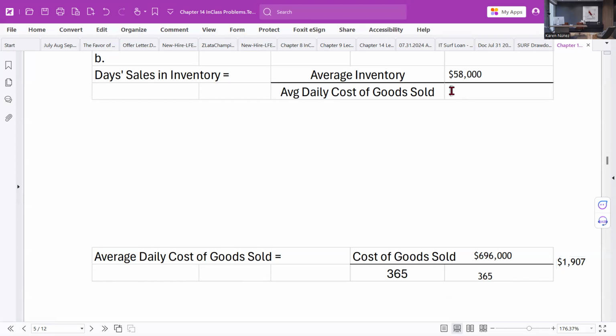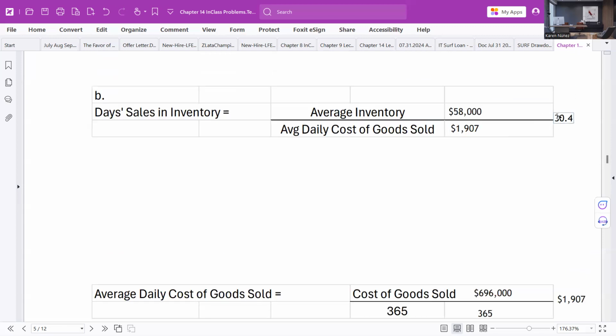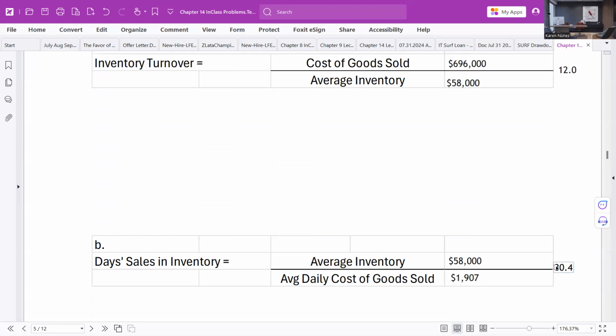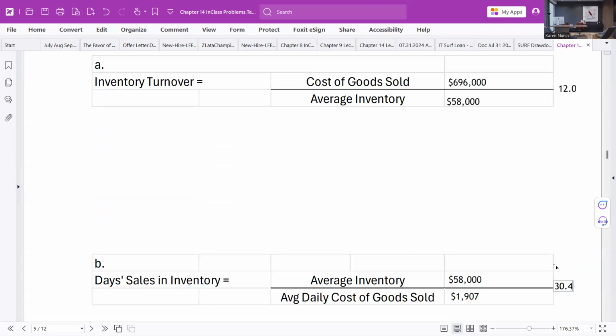If we divide that into our inventory, what that tells us is that it takes 30.4 days to sell that inventory, given the cost of goods sold per day and the average inventory. So we do it 12 times a year, and it takes 30.4 days to do it. Again, those are two key measures of liquidity with respect to the inventory. Let's go back to